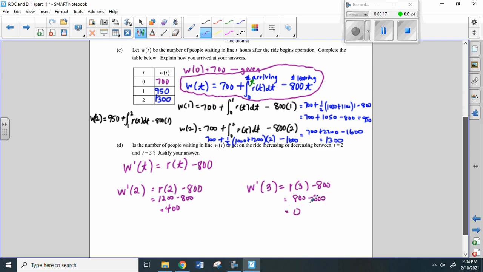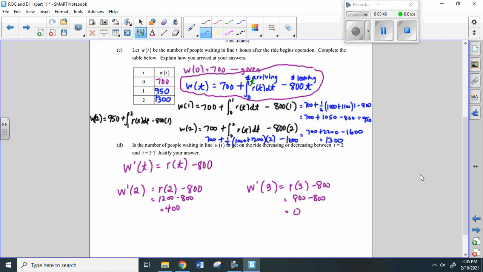Okay, well, that's not positive or negative. But what you can see, how do I best want to describe this? Okay, so how would I know if all of the numbers between W prime of 2 and W prime of 3 are positive? Okay, well, if I look up at the graph, since I'm going to subtract 800 no matter what time I check,